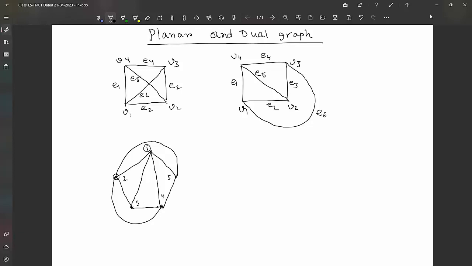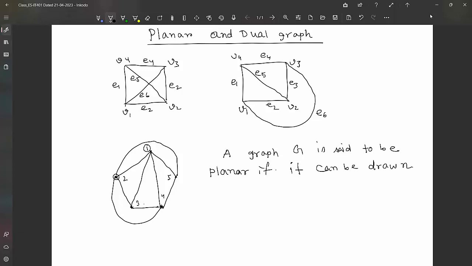So now you all can understand what a planar graph is. A planar graph means a graph G. So if we take a formal definition, the definition looks like: a graph G is said to be planar if it can be drawn on a plane,